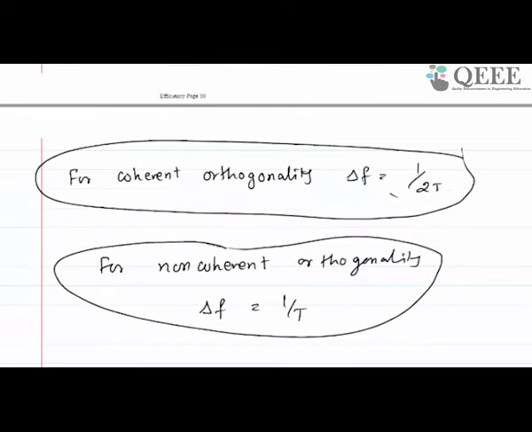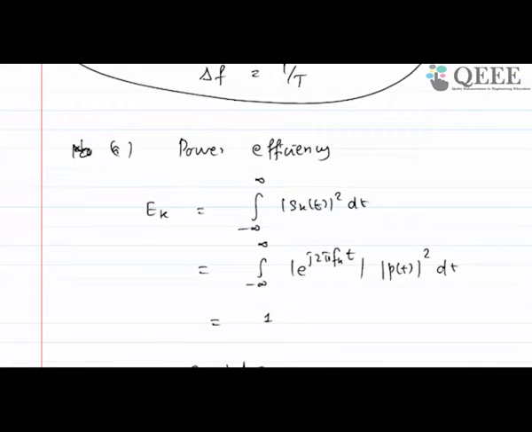So essentially when you increase the size of M, you are asking for more and more bandwidth because the spacing between the frequencies is 1 by T. If you have two frequencies, you will be occupying a bandwidth of 2 by T. If you have 10 such frequencies, you will be occupying a bandwidth of 10 by T, right, because the spacing is 1 by T. Now let's first compute the power efficiency, just like we did for QAM.